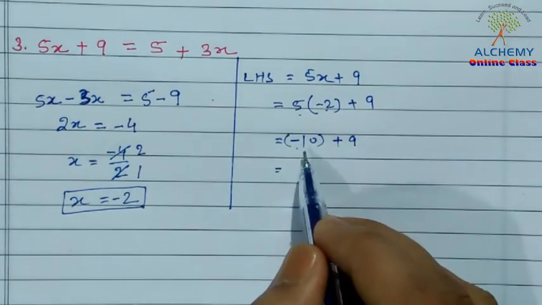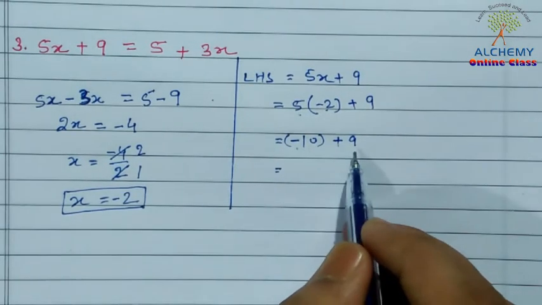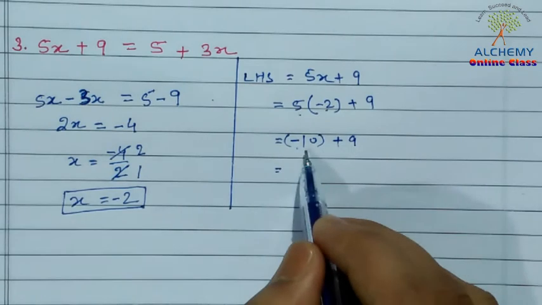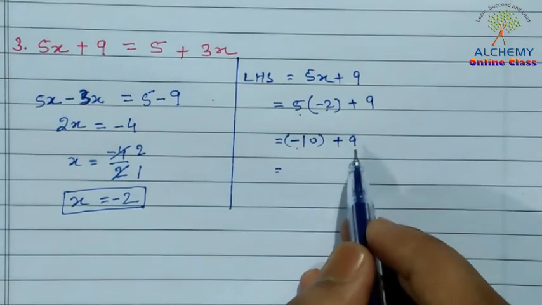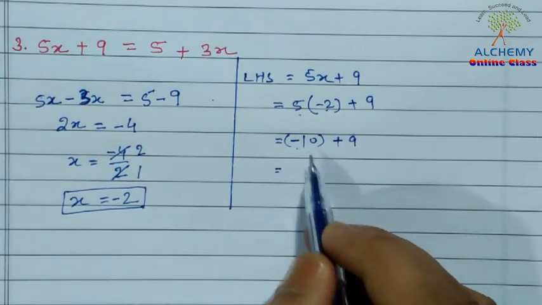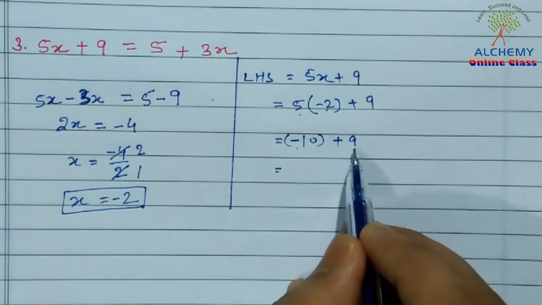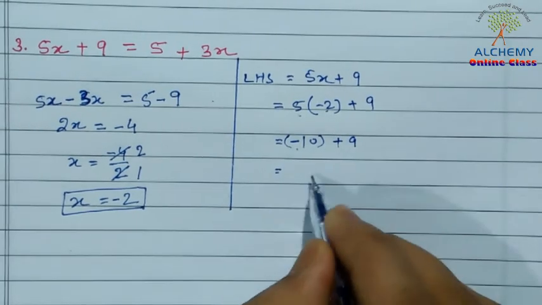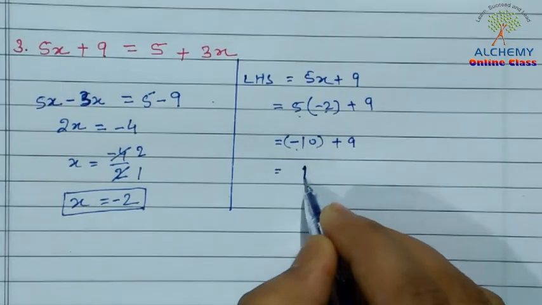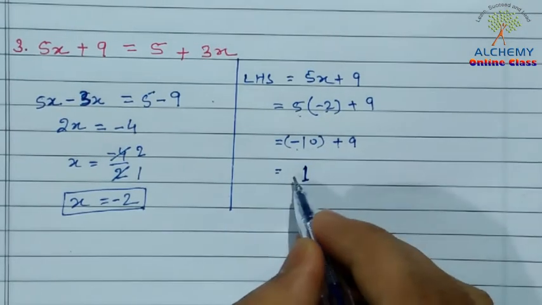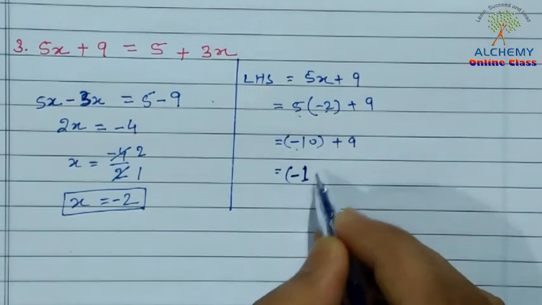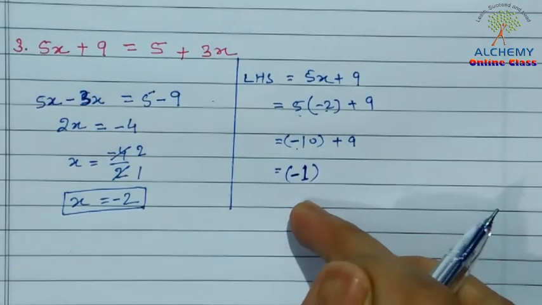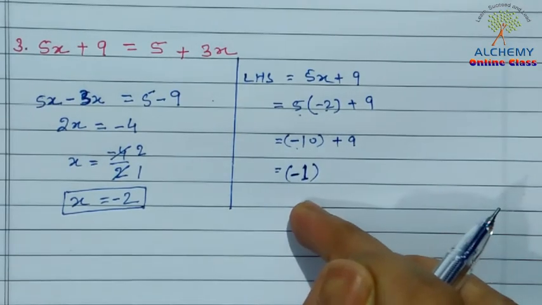So one value we have here negative, one value we have positive. Negative, positive will be subtracted and the sign of greater value will be applied. So 9 will be subtracted from 10 and we get here 1. Because 10 is greater, so we have to apply the minus sign here. So finally we get the result here, minus 1.